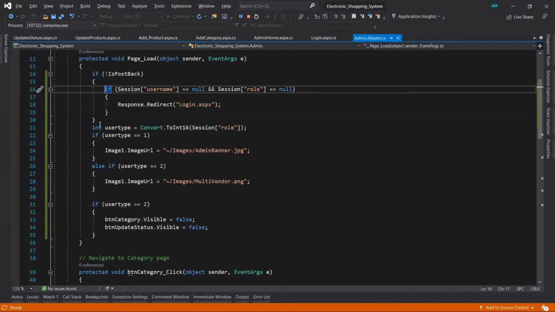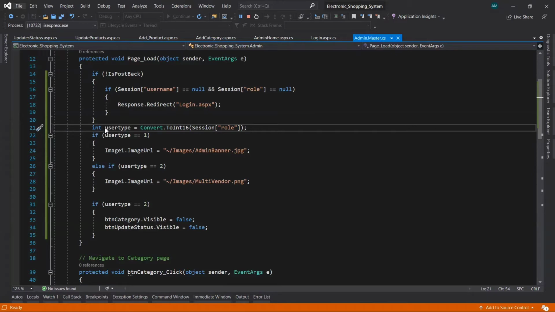After that, I have taken one integer variable named user type, in which I am storing the value of the session of role by converting it into an integer, as the value in the session is an integer. After that, we need to check the value of the user type variable.